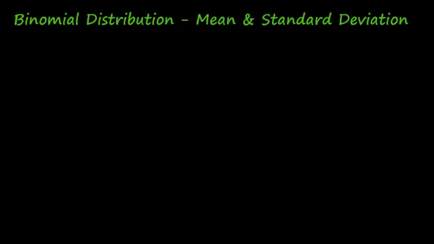Recall that probability distributions describe what probably will happen instead of what actually did happen. Now, we've seen how to calculate the mean and standard deviation of a probability distribution in general, and let's review that again. So for a probability distribution,